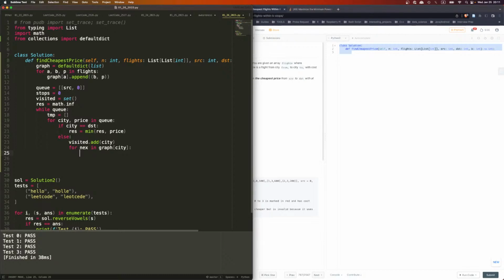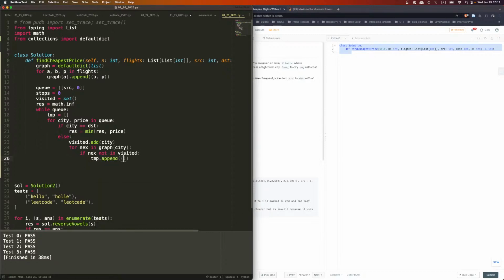And then we say, for the next in graph[city], if next is not in visited, then we do temp.append next, and also p, right? The next, and then current price plus p. Okay, once we're done,